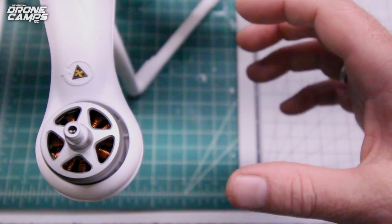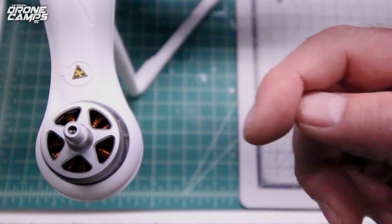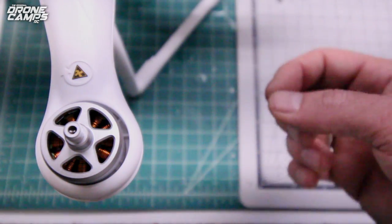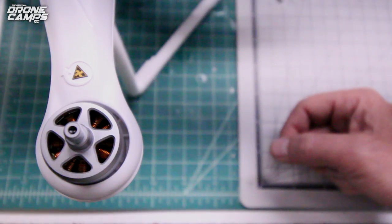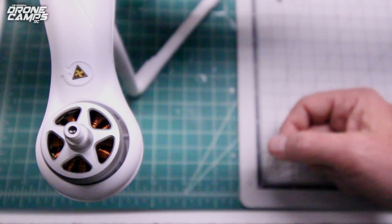So now that all of your solders are done, you need to do your motor direction test, and you can do that right on the bench, taking the props off. Get some painter's tape. That's what I like to use, or masking tape. And you can make a little flag on the end of this motor around the top of the motor stem. Very important that you test motor direction before you take it outside and do the maiden after this